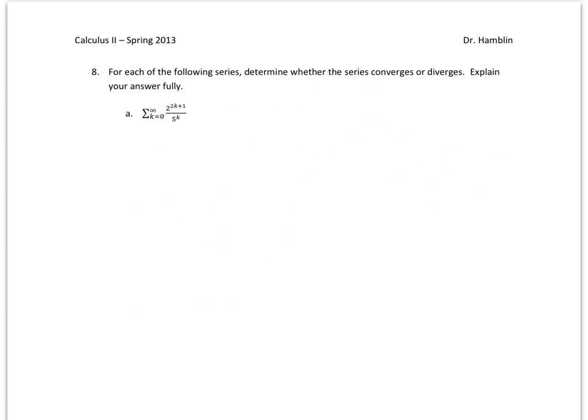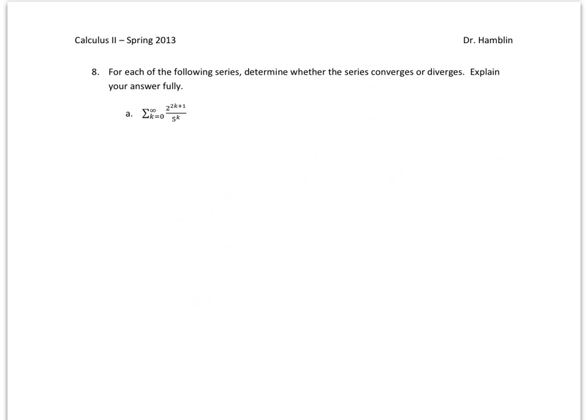Alright, now we've got some series that we want to analyze. So here we've got 2 to the 2k plus 1 divided by 5 to the k. If we want to try to figure out if the series converges or diverges, then a couple different things we could do here. We could use the ratio test, since we see some exponential things. We could use the root test, but probably the easiest thing to do is to recognize that the series is